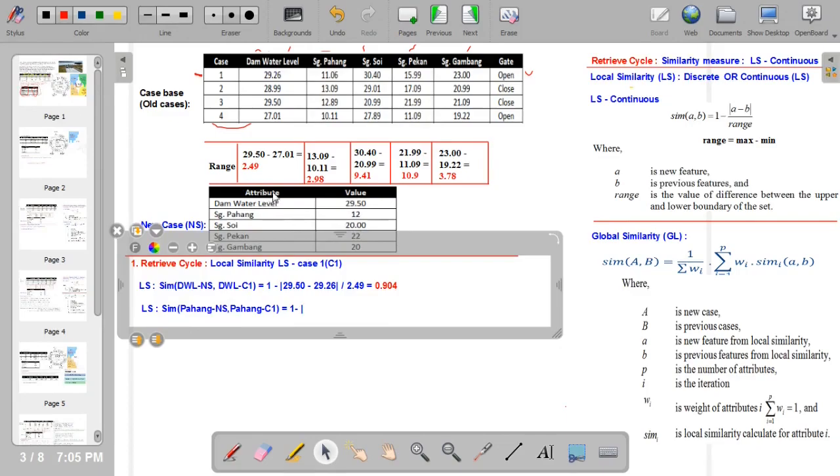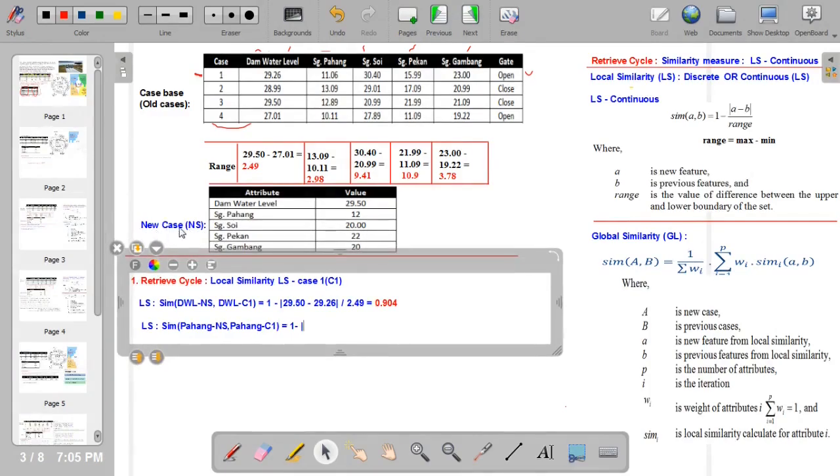This is the Bahang attribute in the new case, right? It has a value of 12. Then it will be 12 minus the value for the Bahang attribute in case 1, right? Here is the value of the Bahang attribute in case 1, right? So it will be 11.06